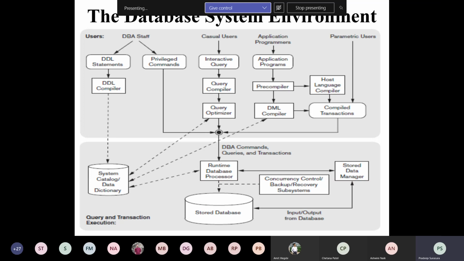These are the commands you use to create the structure of a database, or to alter the database. When you type a DDL command, the compiler verifies its correctness, and if it is successful, the information is stored in the system catalog or data dictionary.